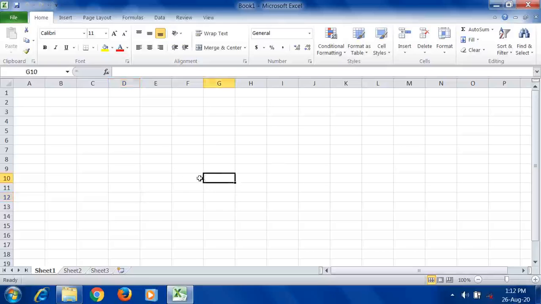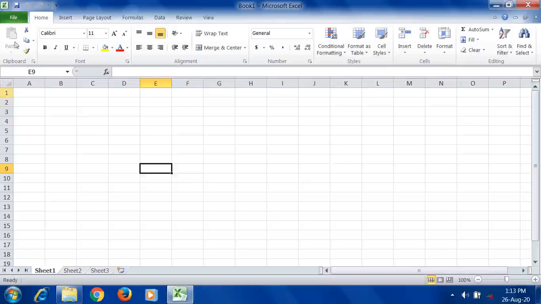The cell which is highlighted with a thick border is the active cell. It indicates that the current cell is active. Once the cell is active, only then can you enter data in it: text, numbers, formulas, functions and all. Now this cell is active; if you want to enter data somewhere else, it is not possible. You have to make it active, then only you can enter. Understood? Data can be entered only in the active cell.